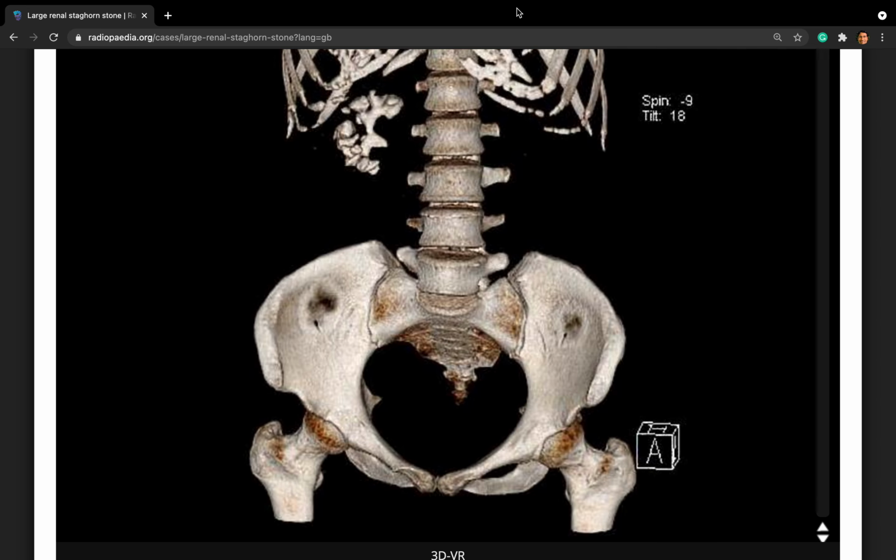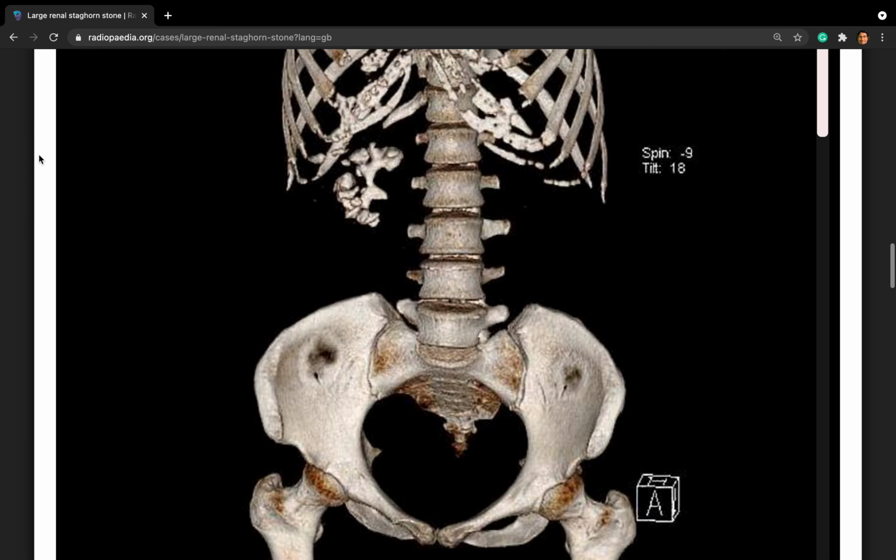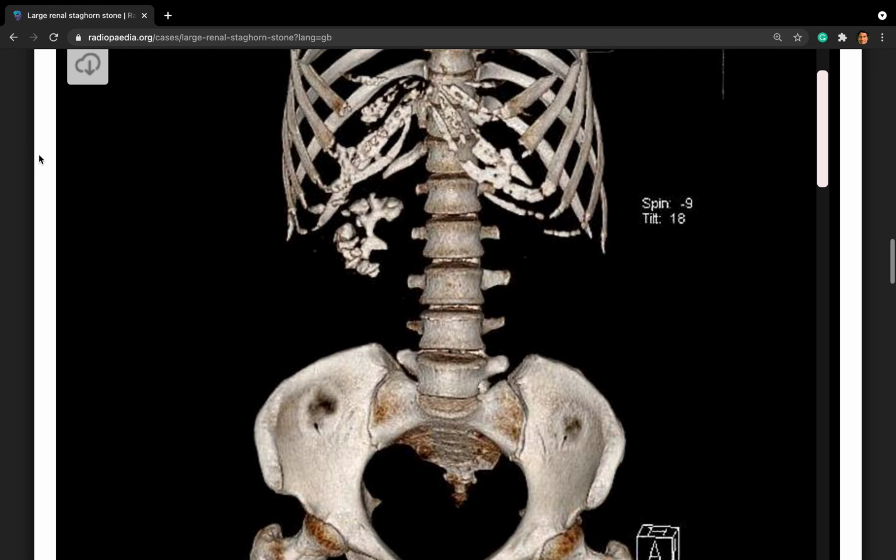The DMSA scan shows that split function on the right side is 41% and left side is 59%. Otherwise, there are some cortical scars on the right side, but not significant. So I will inform the patient that this is a staghorn type of calculus, which is completely filling the collecting system of the kidney, and the DMSA has shown that there is decrease in the function of the kidney. So it is important to clear the stones to preserve the function and to prevent any further deterioration and to prevent any further